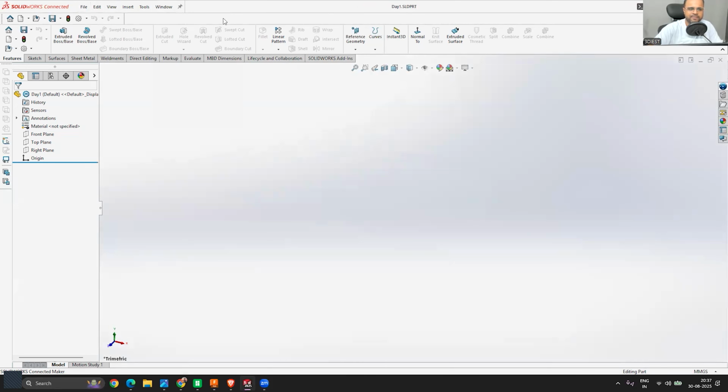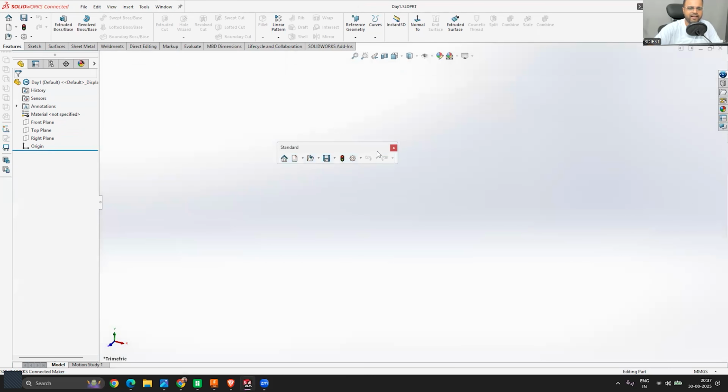Now just below this panel, there is the next panel that you can see, this complete panel, where we have a few options that we can ignore at this moment, because the same thing is also available in this panel, right? So we can simply drag this panel and close it, because the same options are also available over here. Now this option, we call it the tool panel, right? In the tool panel, the first section is the Feature, right? So right now we are inside the Feature tool panel section.